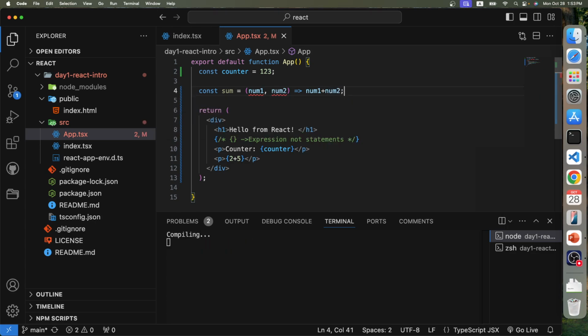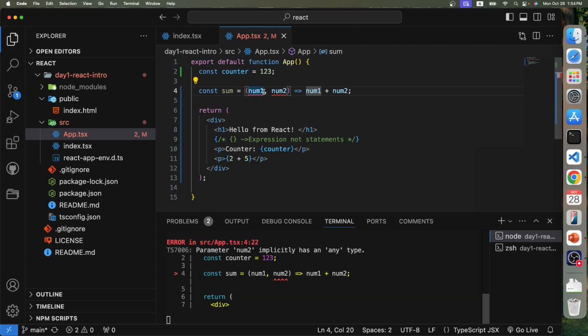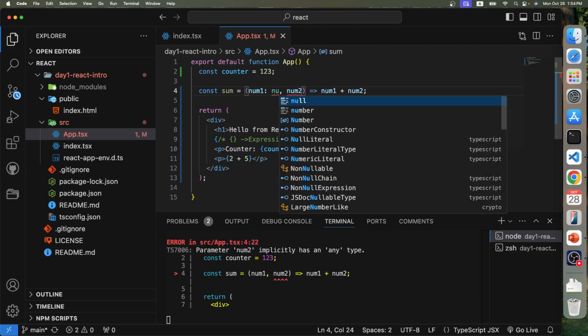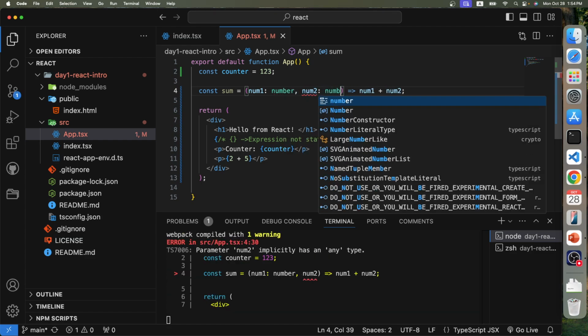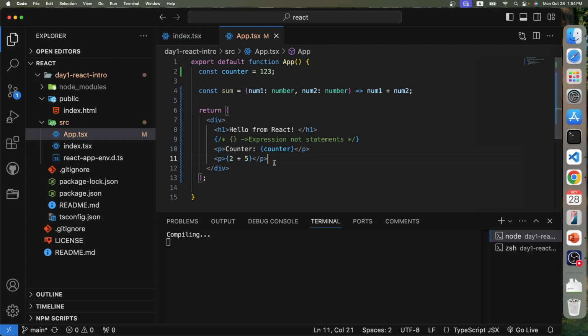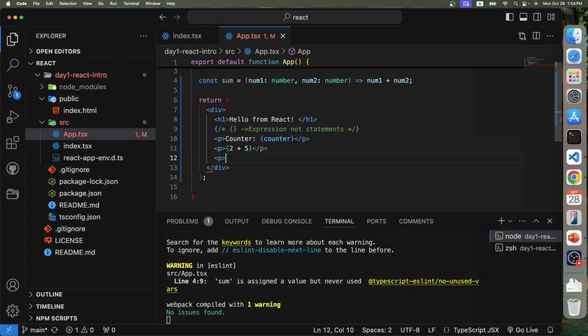You have an error, it's a syntax, TypeScript gives a warning. Okay, we have to give a type number, and here we have to give type is number. So now you can also do it this way. Paragraph, I will have a sum, give 3, 4,